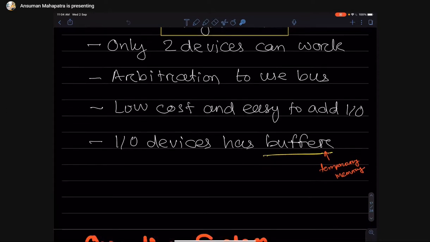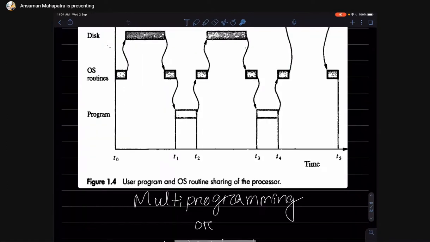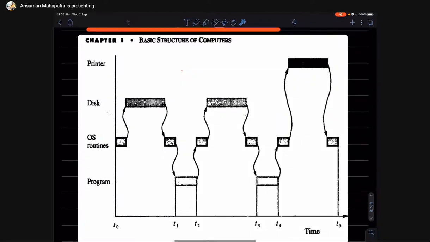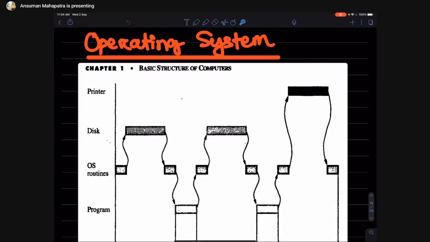Okay, then we have seen how the operating system helps us to execute a program. Whenever you double click a program that is present in the disk, it will come to the memory and the program will be executed, and whatever result it generates will be stored in the disk.